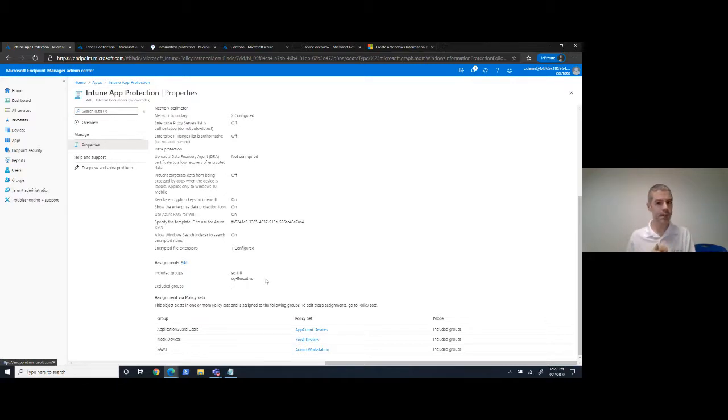I do want to switch back over to Diego and show you just in one second, though, what these guardrails look like and how Diego can work with the guardrails. But before I do that, I want to cover assignment of this policy. So just like all of my favorite things in Microsoft Endpoint Management, Intune, whatever, I have a choice. I can assign this directly to a group. I can exclude it from a group, but I can also assign these via policy sets, and that makes me